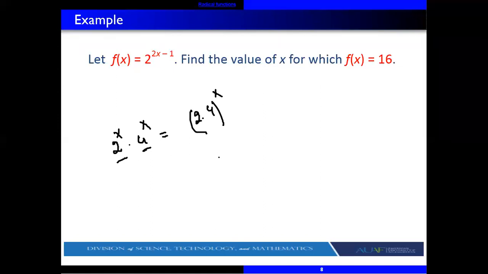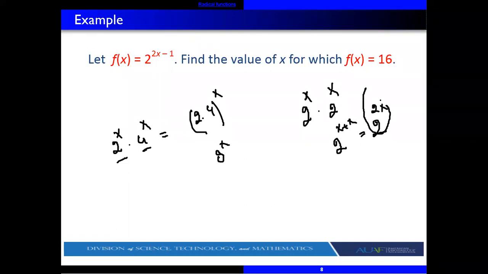Correct? So then we have what? 8 power x. But when bases are same like 2 power x and 2 power x. So bases are same, then you need to add their powers x plus x like 2 power 2x. But this addition is only for when bases are same. When bases are not same, then you need to take what? Their common power. For example, one is x, second one is x. So you need to take one common from x. Okay,